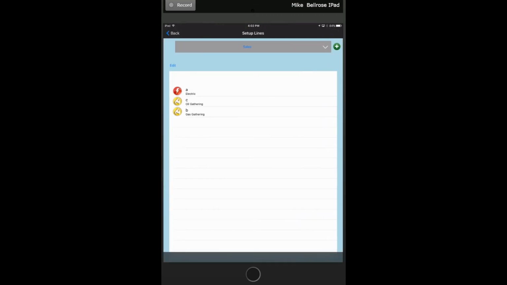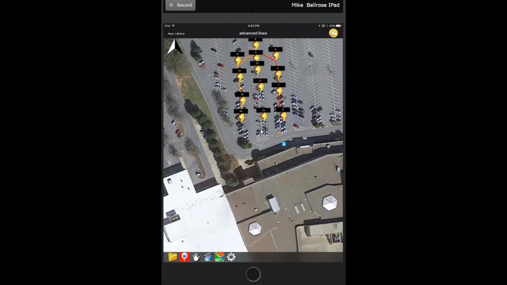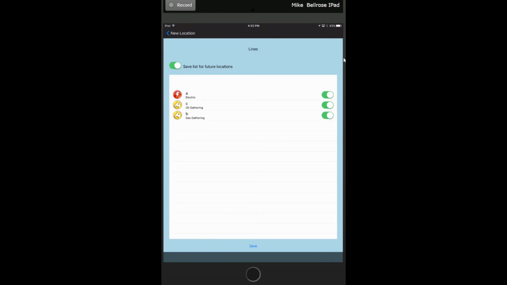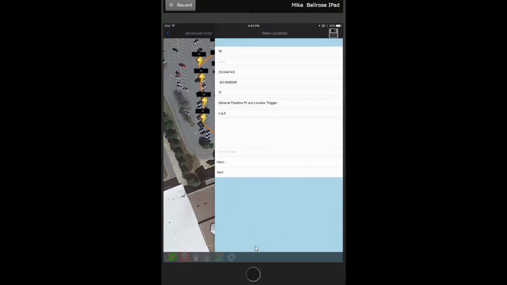So you can see this is pretty powerful, being able to make lines visible, make multiple lines running through the same set of vertices, and I'm essentially creating sort of a T like we did before. But if it's a true T, again, I have to trace that out as a whole line as I described earlier in the video. What I'm going to do is pretend that these 3 separated lines come back into one conduit again. So I'm going to drop a point, I'm going to come back in here, and it's going to now contain A, B, and C again. I hit Save at the bottom, save on my location, and boom,